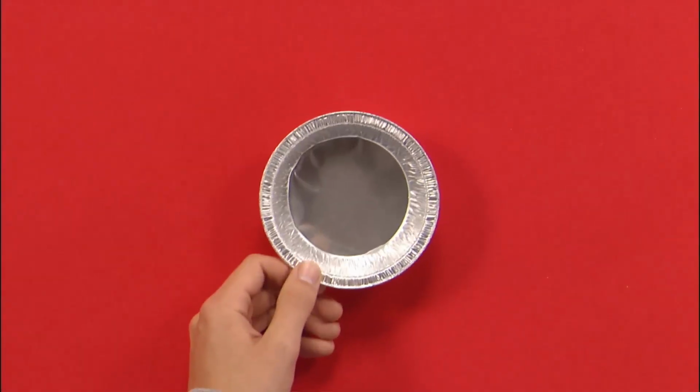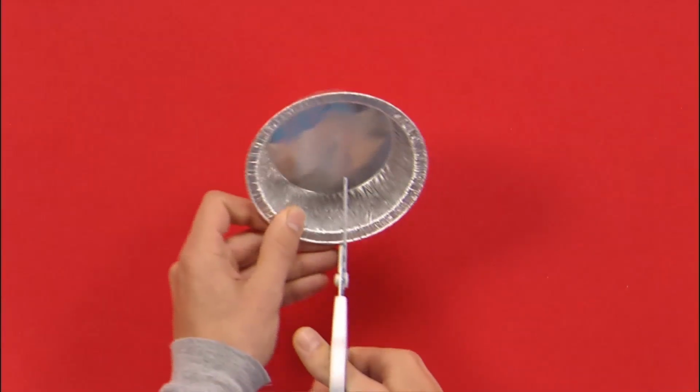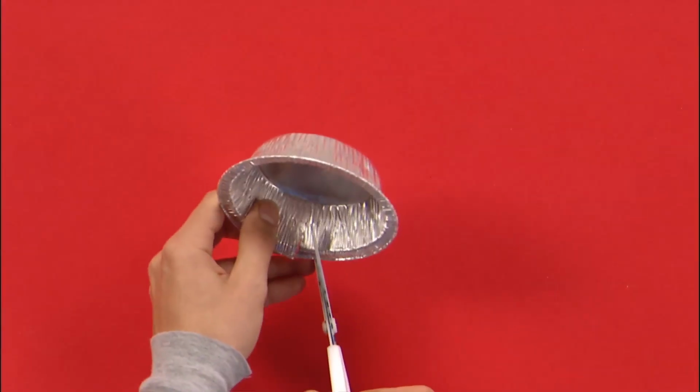Check this out. I have a tinfoil container. Now this tinfoil container will be a great holder for my ice nightlight, but first I need to decorate it. So I'm going to take my scissors. I'm just going to cut out some triangles all along the rim of the container. Now of course I want to cover the whole rim with triangles, and when I do, I end up with